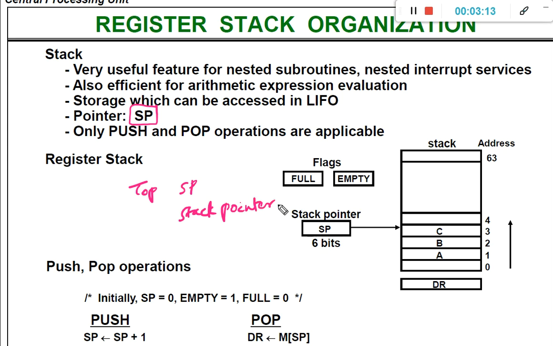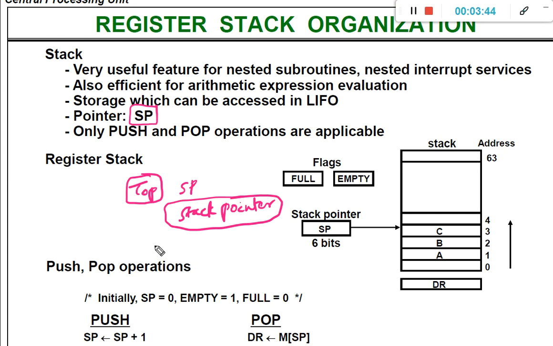The stack pointer and the top of the stack are both the same. What is the actual purpose of implementing the stack in a computer system? We'll see that in this session itself. However, as of now, first of all, we are going to define the properties of the stack.